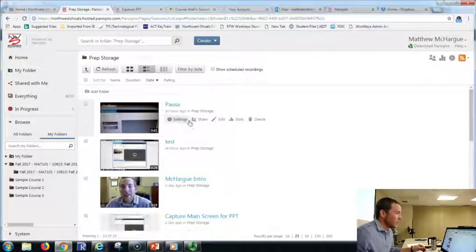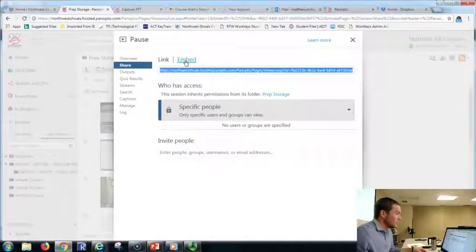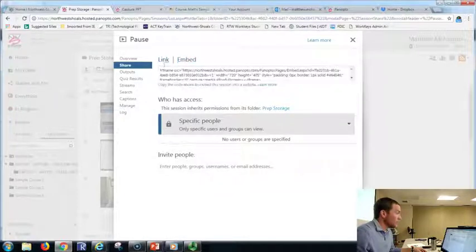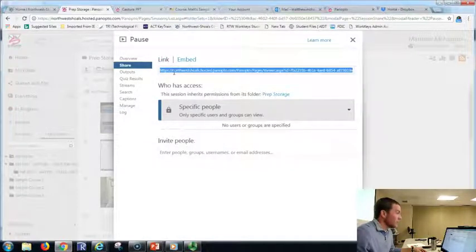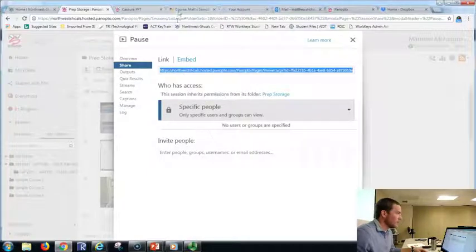As far as sharing, putting it on Moodle, there's two ways we can do it. You either share the link, or you can embed it. So those are your two options there. When you click there, it just automatically highlights the whole thing for you so you can copy it. So if you want to share a link,